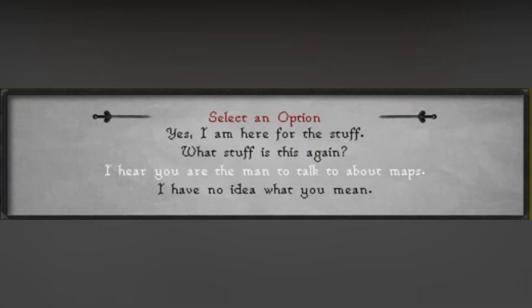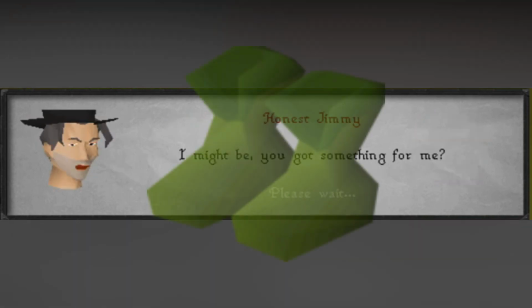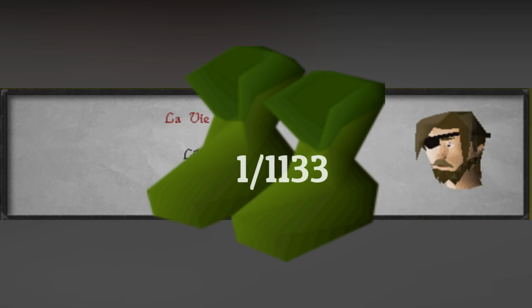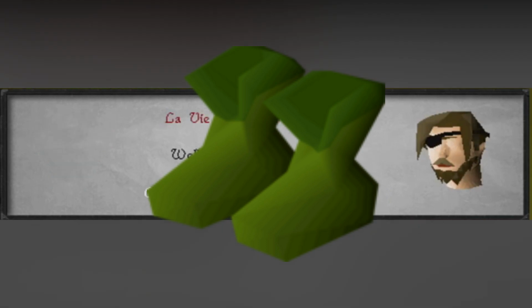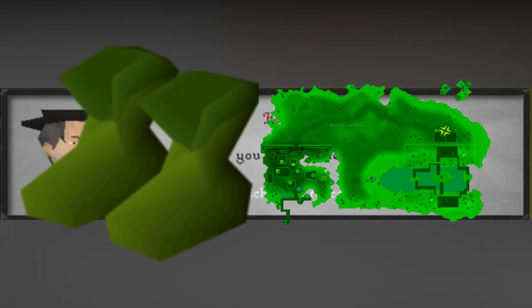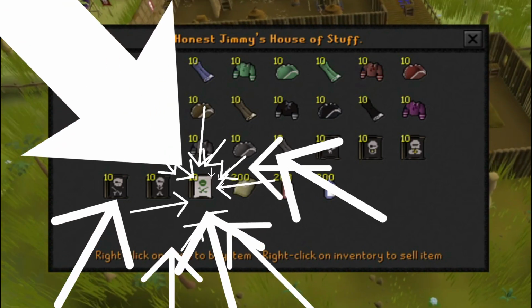Next, you'll be wanting to purchase a medium clue scroll and complete it, as the drop rate for the Ranger's boots are increased from 1 in 1,133 to a mere 1 in 100. Additionally, the boots add a bonus to your woodcutting ability on the island, because they're both green. Lastly, you'll want to pick up the Phasmatis flag, due to its ability to reduce the